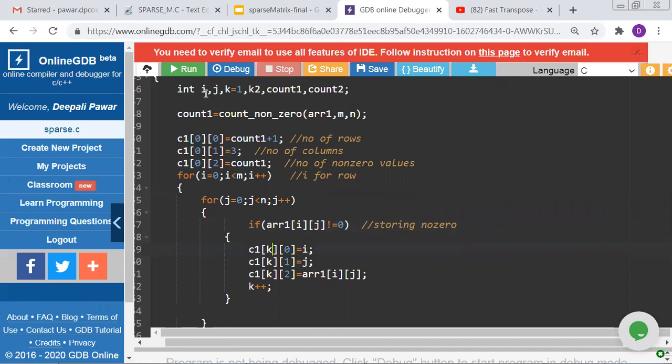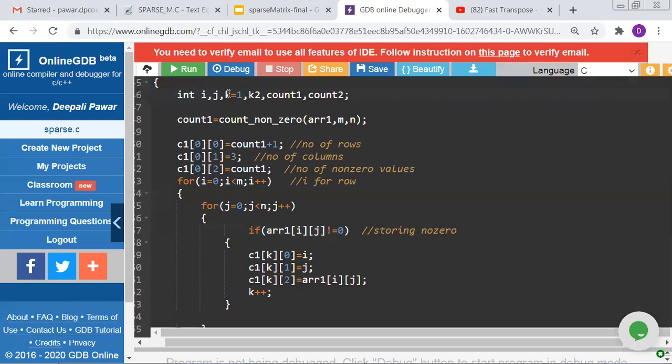k क्या रिप्रेजेंट कर रहा है, हम लोगों ने k को इनिशियलाइज किया k इक्वल्स टू 1, मतलब k कौन से लोकेशन से चलेगा, 1 लोकेशन में, क्योंकि जीरोथ लोकेशन में, जीरोथ लोकेशन का जो फर्स्ट रो है उसमें हमने नंबर ऑफ रोज, नंबर ऑफ कॉलम एंड नंबर ऑफ नॉन जीरो वैल्यू स्टोर की है। हमारी एक्चुअल वैल्यू फर्स्ट लोकेशन से चलने वाली है, दैट्स व्हाई वी आर स्टोरिंग हियर C1 ऑफ k ऑफ 0, उसमें जो रो की पोजीशन आएगी, जिस रो के पोजीशन में, जिस कॉलम की पोजीशन में हमारी नॉन जीरो वैल्यू है। ओके, सो आई होप एवरीवन क्लियर।